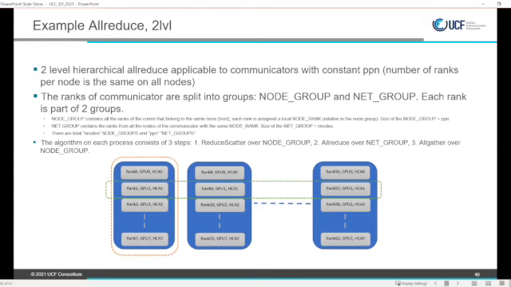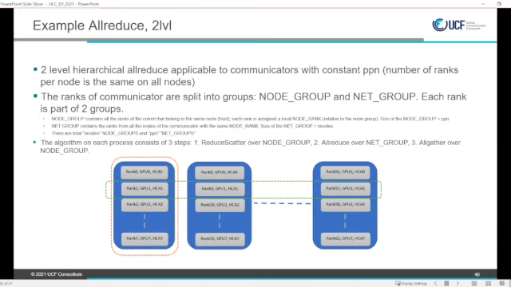You can discover subgroups. The first group would be all the processes on the same node, so the size of that group would be 8. And then another group would contain processes on the same rail, across the nodes. Then the Allreduce would be 3 steps. First, you run reduce-scatter within the node. After that step, each process has 1/8 of the local reduction. Then you launch 8 parallel Allreduces, one on each rail. And then after that, you do the allgather. So you collect back and then you have the final answer.